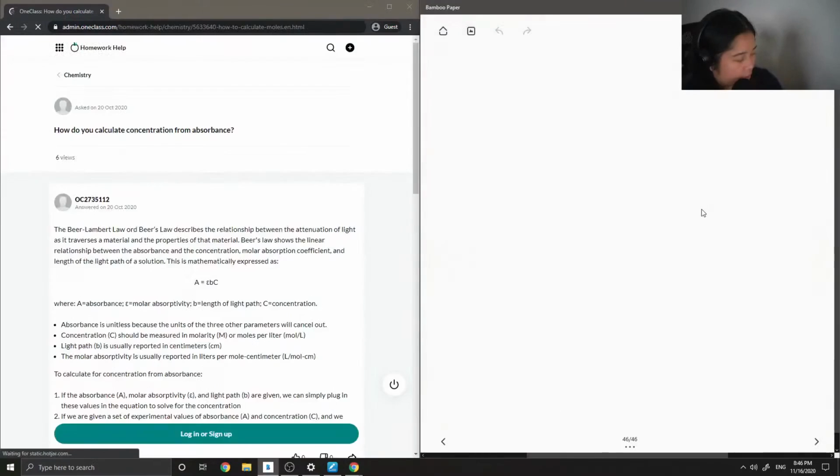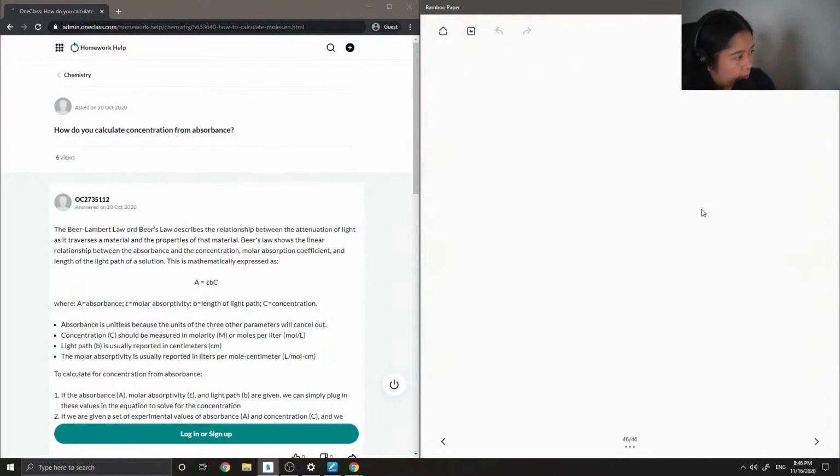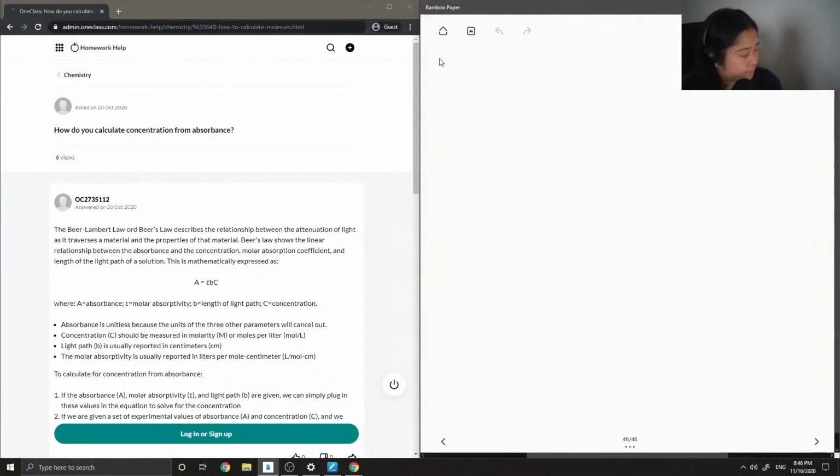Okay, so on to question 14. How do you calculate the concentration from absorbance? Okay, so to help us answer this question, I'm going to talk about the Beer Lambert Law, or the Beer Lambert equation,